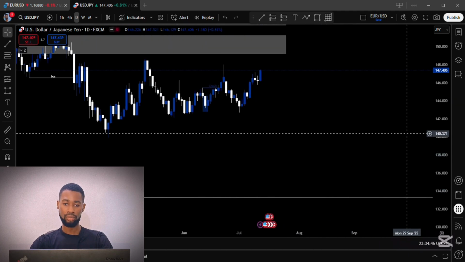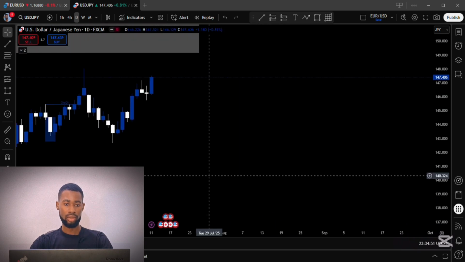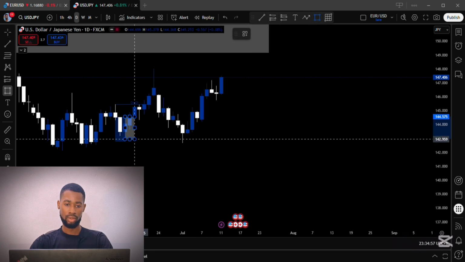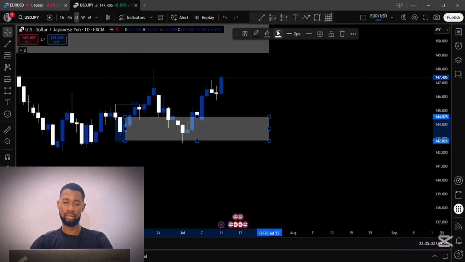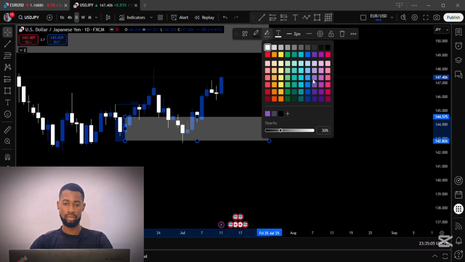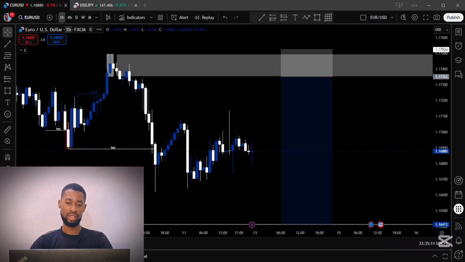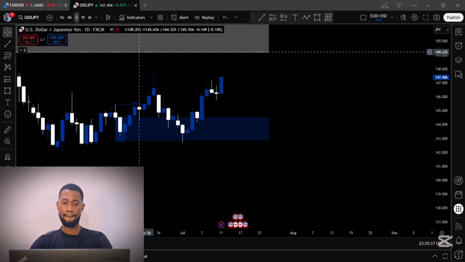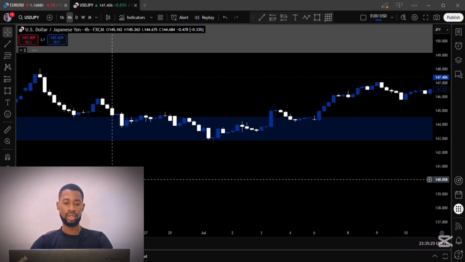Okay, so now let's just mark this buy order block here like this. Might change the color to blue. Okay, so which means I didn't change the colors of this. Okay, there was no buy. All right. So now let's move to the 4 hour time frame. Now on the 4 hour time frame,